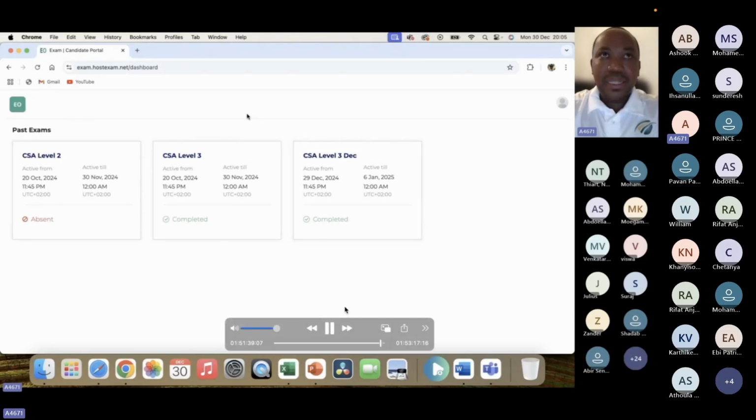Then what will happen is the exam markers will go into the portal and they will mark the exams online. Once they've all marked, somebody will check all the marks, and once we're happy with all the marks, we will automatically send you your results by email. So all online, all very interactive and a smooth process,